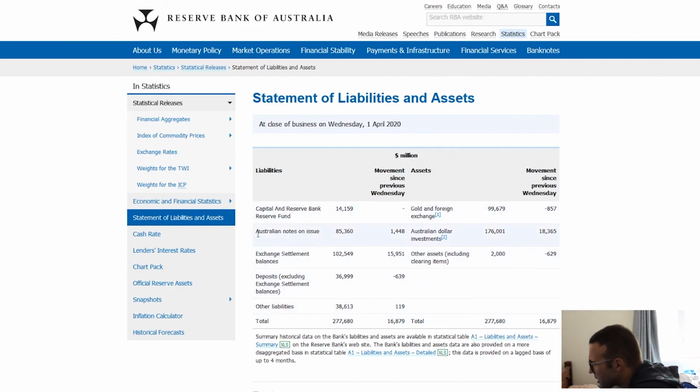You can see here the liabilities, Australian notes on issue. So this is the amount of notes, physical cash that we've been issued, and as you can see, it's a liability of the RBA, just like it is in the example that I gave. As this is the actual RBA, this is more complex than what I showed, and so long as the Australian dollar is a thing, this is a permanent liability of the RBA. And the same thing with the example that I gave of you, those units are a permanent liability of you, so long as your institution is in place and so long as people continue to use it.